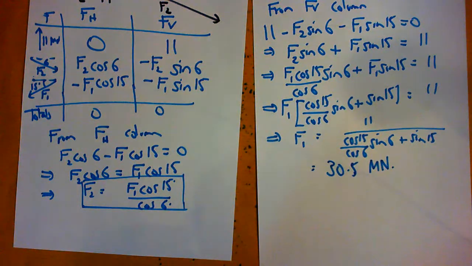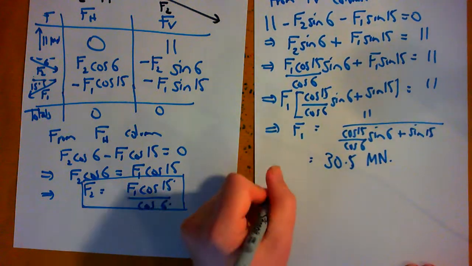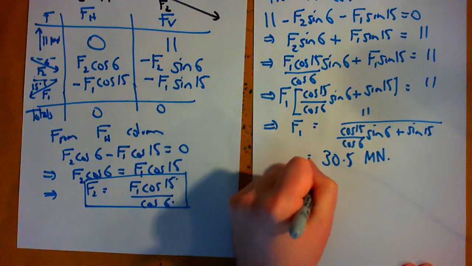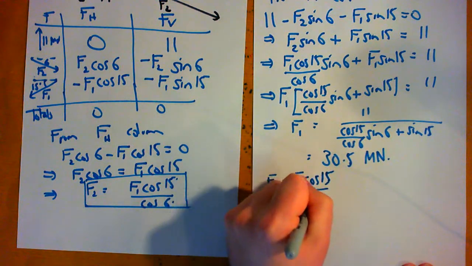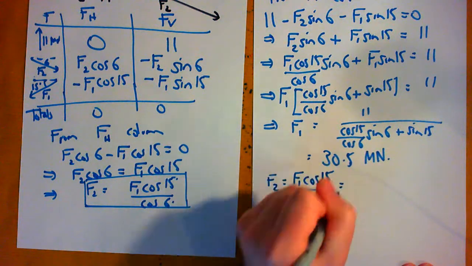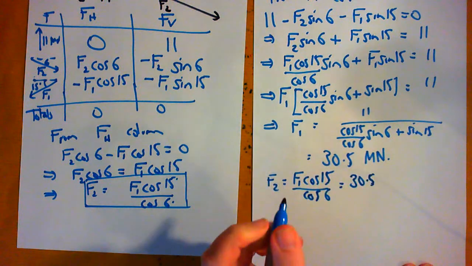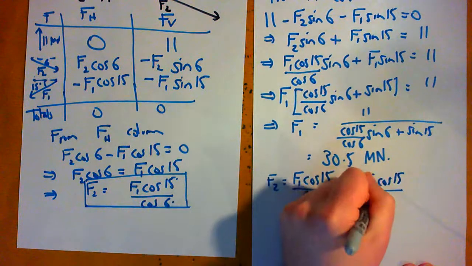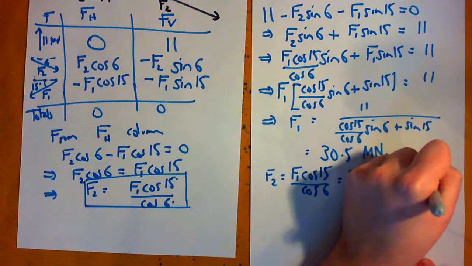Now we've got an equation for F2. All we need to do is substitute our value of F1 that we've just found into that. So F2 is, let's just rewrite that equation that we've already found, F1 cos 15 over cosine 6. That's what F2 is in terms of F1. But we have a value for F1 now, which is 30.5 times cosine 15 divided by cosine of 6. And calculating that, we get 29.6